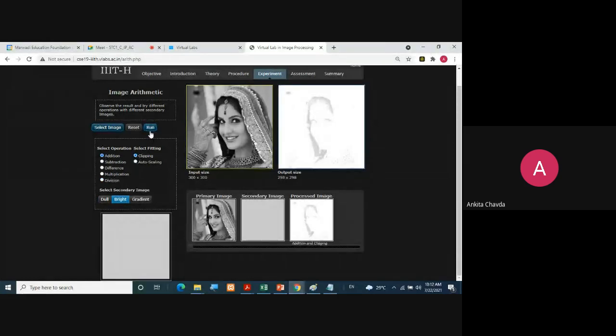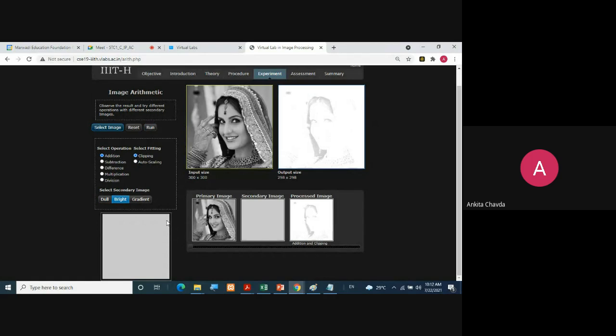See, very bright color. Why? Because your second image's intensity values are around 175 to 255, because it's a very bright color. Bright means it is moving towards, more than 215, you can say. It's near to white color.